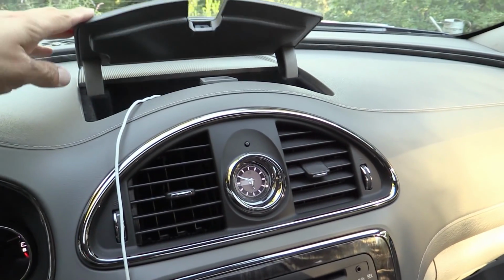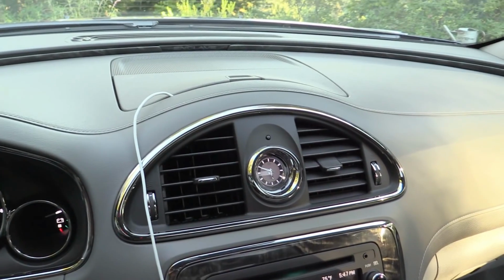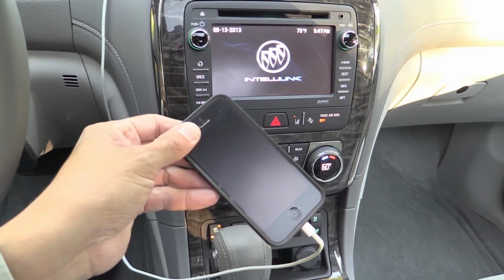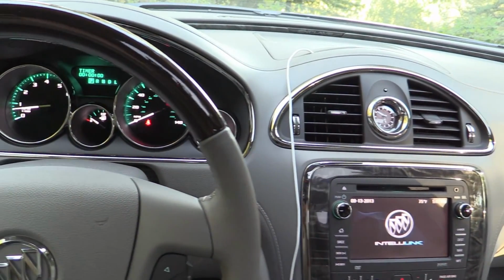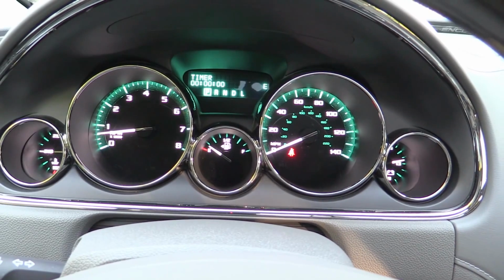So if you have the dark dashboard in your car and you have an iPhone or an iPod in there, it's going to get a little hot in the sun. My second complaint is, right as you see it here, if you have your phone plugged in there, because you're using your phones for your tunes, then you have this cord sort of dangling down the center console. It's not exactly attractive. Moving over to the instrument cluster, we have a 5-dial arrangement with a fairly old school